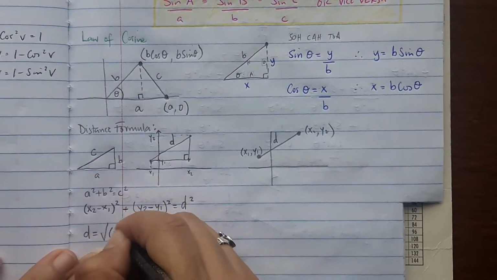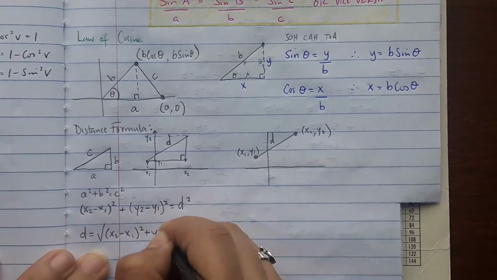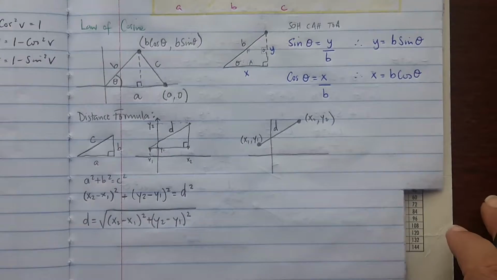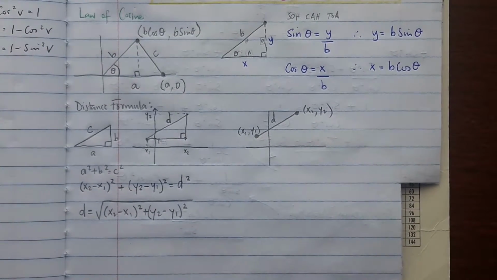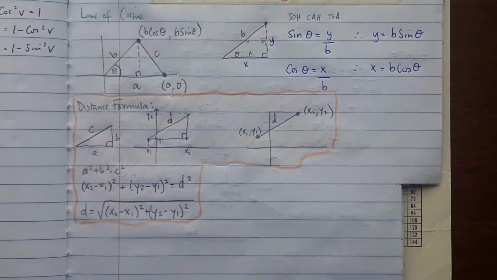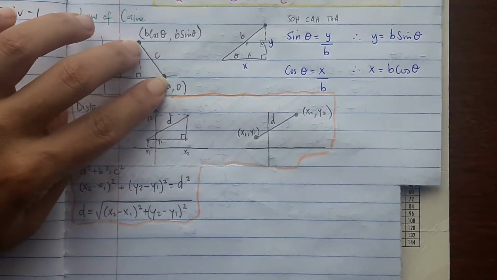So simplifying that, you most likely see the distance formula like this, the square root of that. So that's how you get the distance formula. Now we're going to use the distance formula to find the distance between the 2 points of our original triangle that we were working with. The distance between these 2 points right here